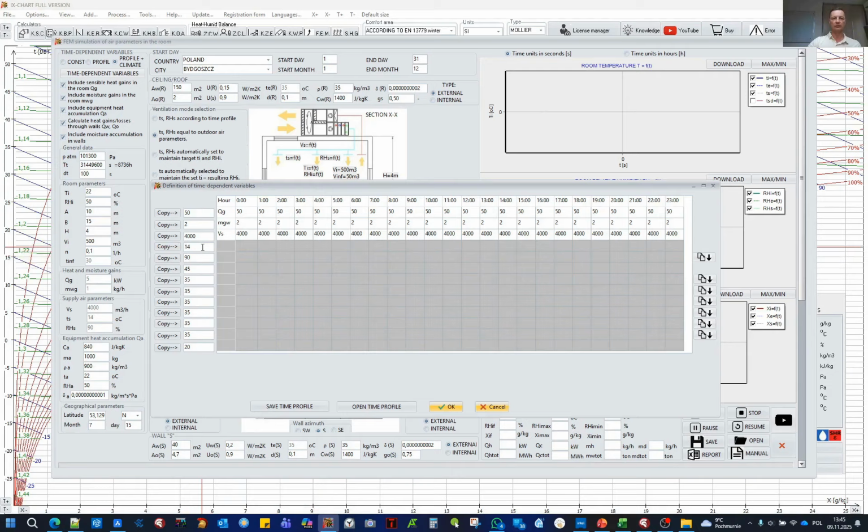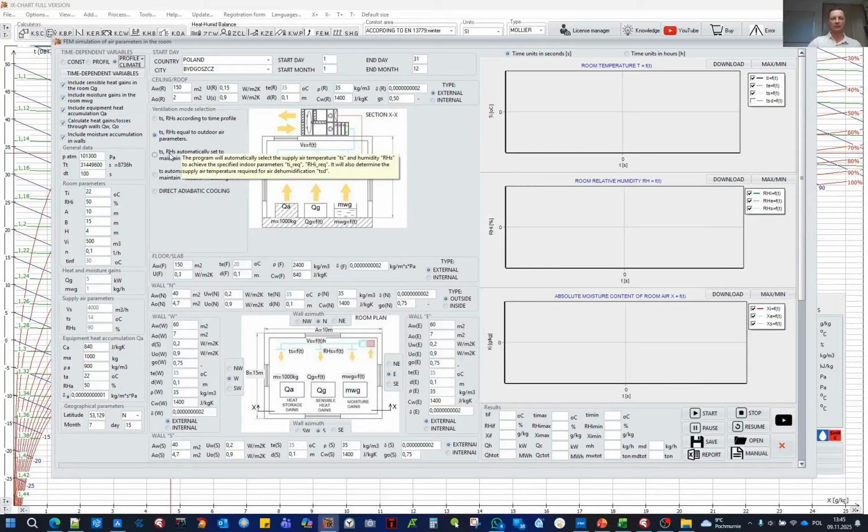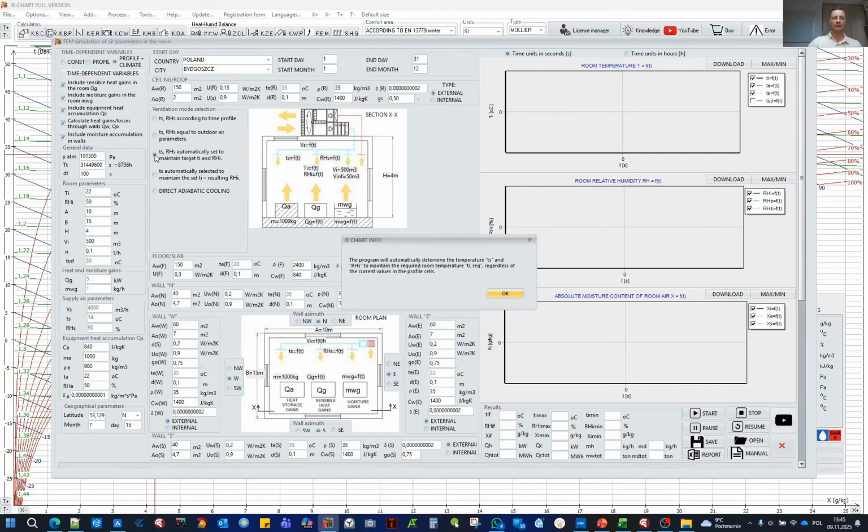Previously they were to be defined by the user. Now they are gray, so what remains is the definition of heat gains and the supply airstream. Next we have fully automated calculations where we slightly change